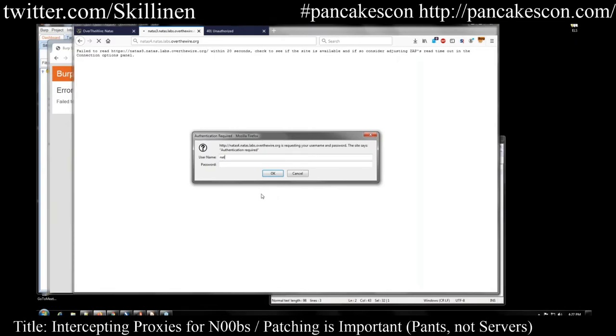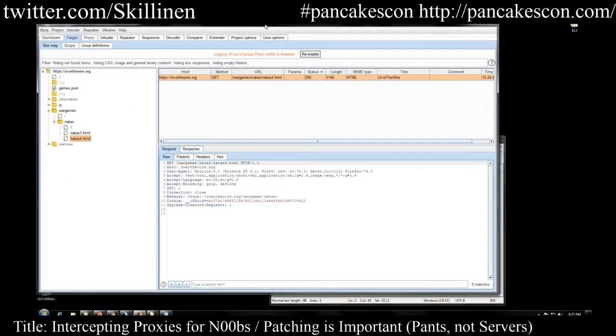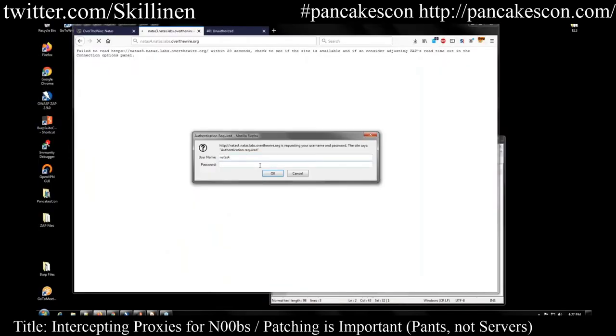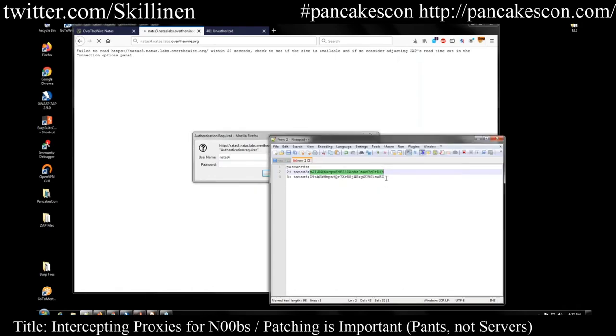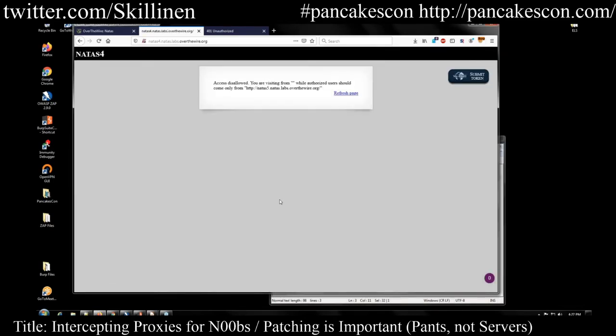You didn't like that, did you? Okay. So Burp actually threw an error and said I couldn't authenticate to that. I'm going to try once more and make sure I actually copy the entire password. There we go. You are visiting from some null value, while authorized users can come only